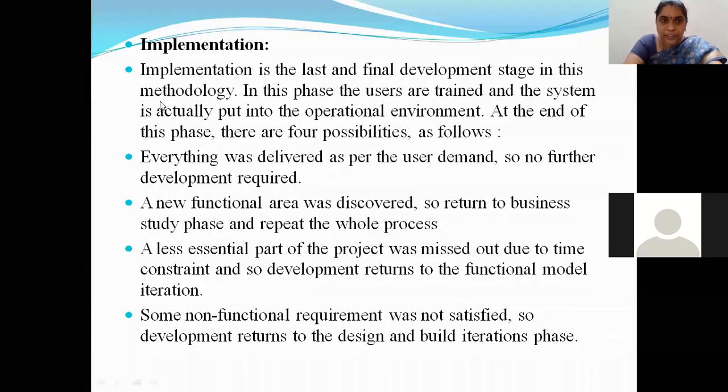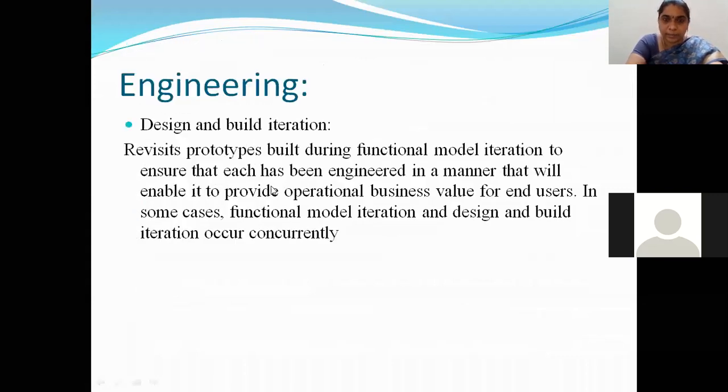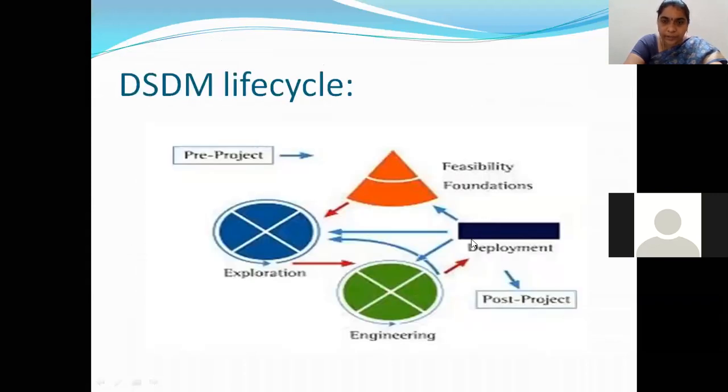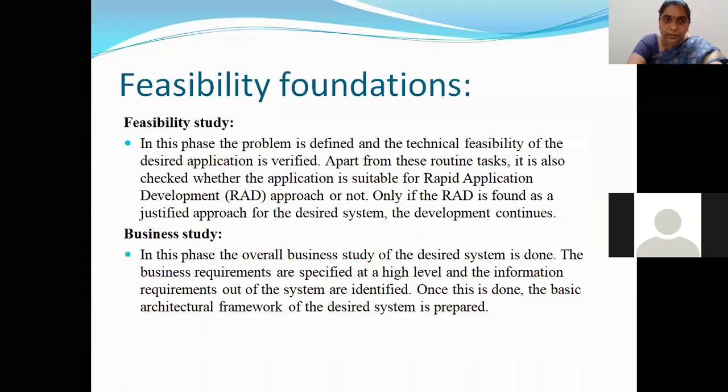The first one is that everything was delivered as per the user demand. Whatever the user wants us to do, we have developed successfully, so no further development is required. That is one thing that can happen. Everything is done as the client wants us to do, so everything is successful. The user doesn't want any changes to be done again, so it is given to the next stage, what we call post project. So the development is over. That is what we call it here. That might happen, or